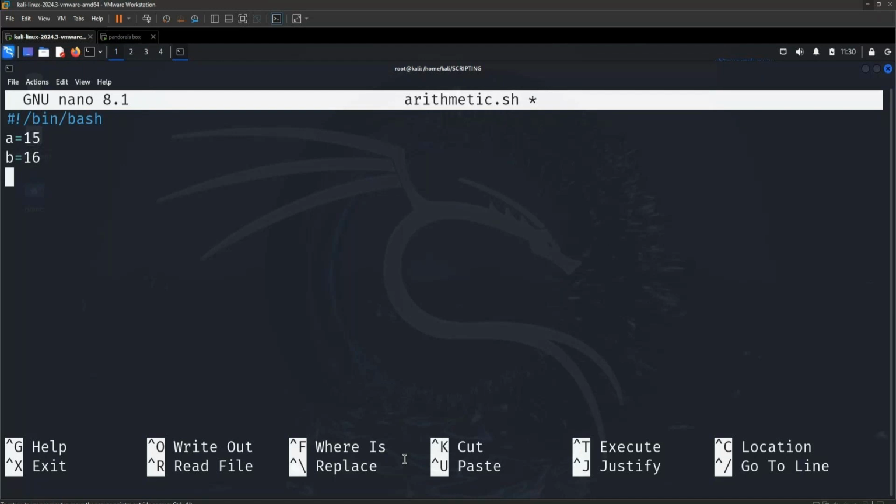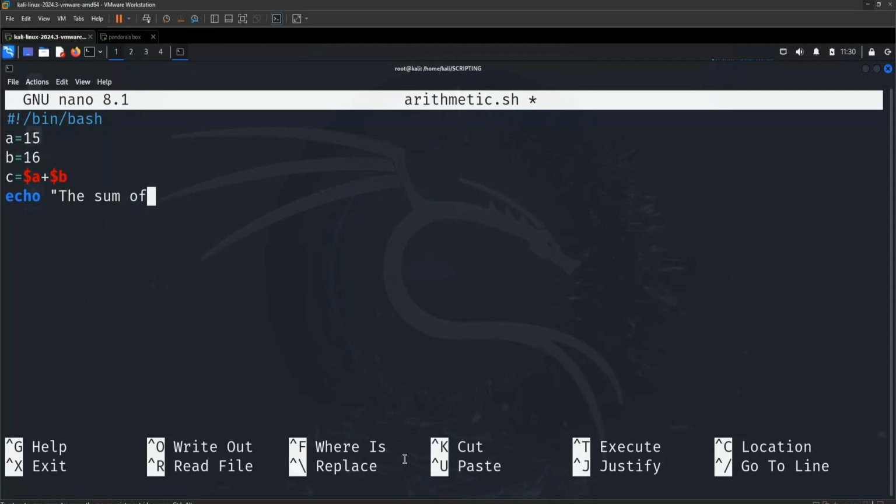Now I want to do the addition. How can we do the addition? I need a third variable c. C equals dollar a plus dollar b, and echo